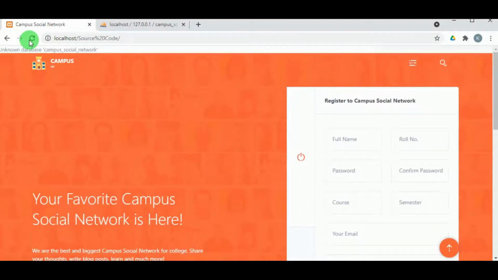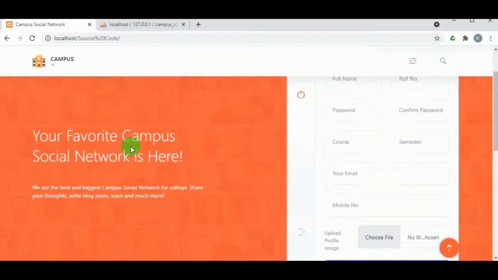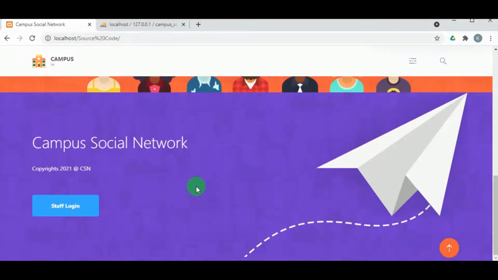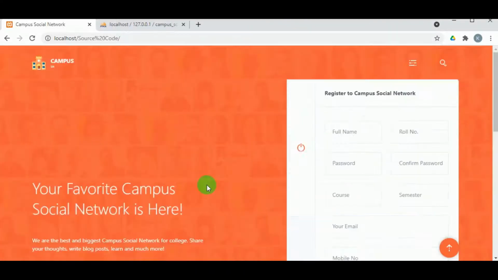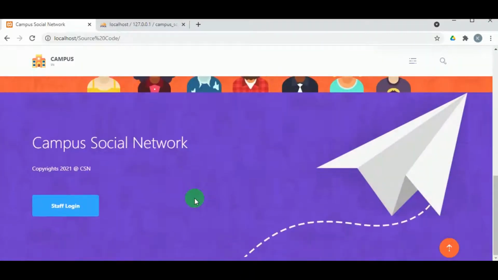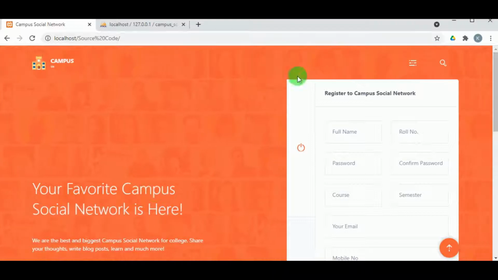Now let us refresh the web page and we can see now we cannot see that error, and this is the web page College Social Network or Campus Social Network. So this is designed using PHP and MySQL server, and here the students, the staff and the admin will be the actors of this web page.